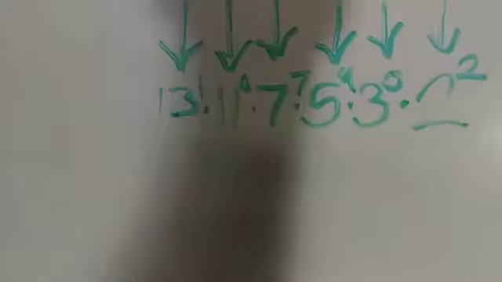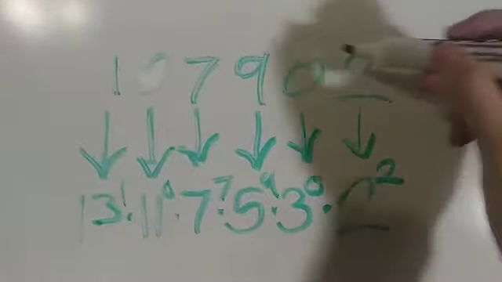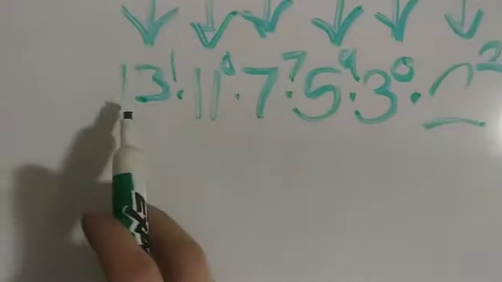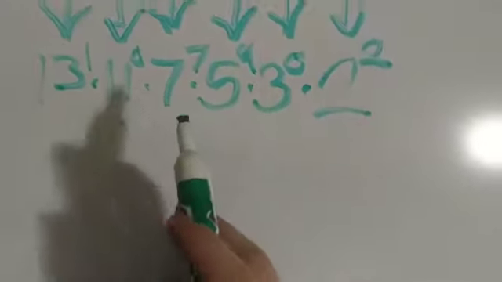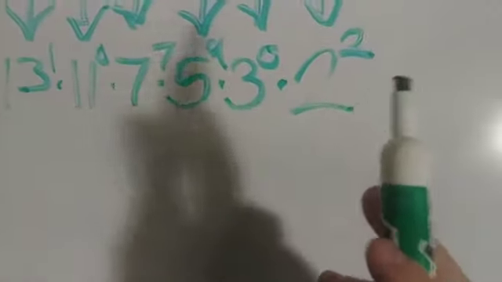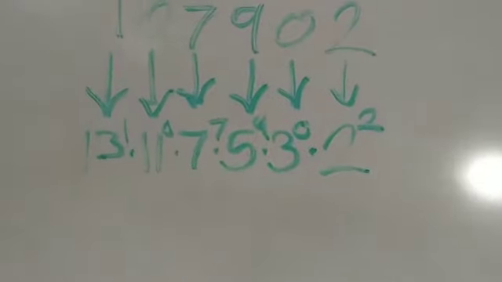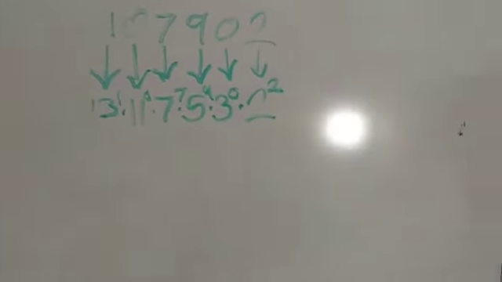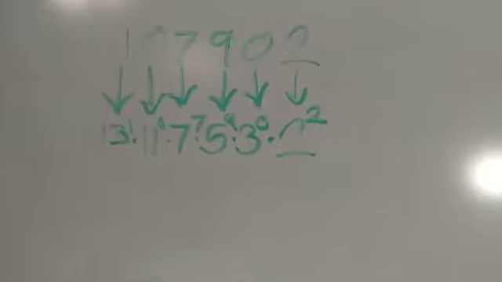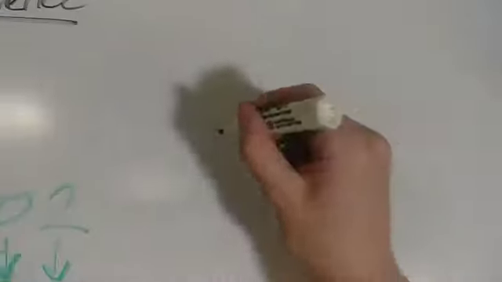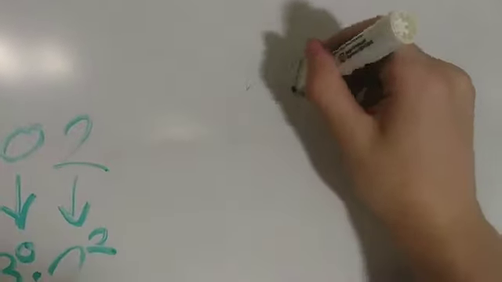And so this is the prime factor base. In prime factor base, 107,902 becomes 13 times 7 to the 7th power times 5 to the 9th power times 2 squared. And so every number has its own prime factor base equivalent. I'll show you. So 54, for example,